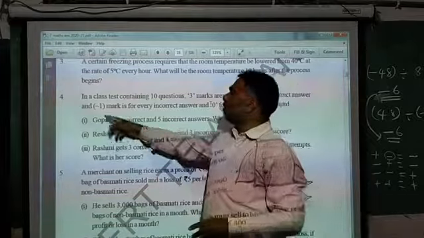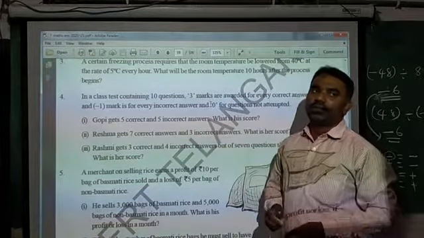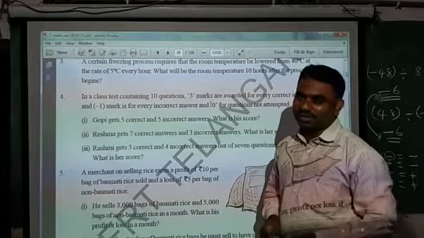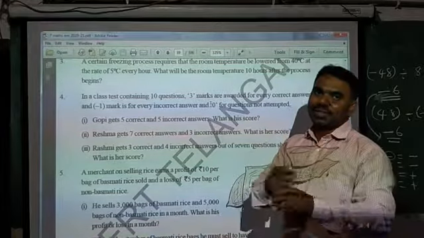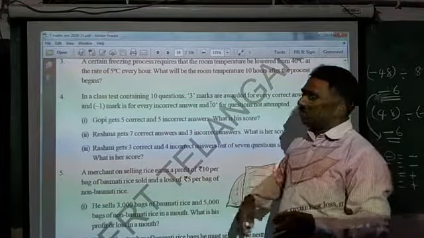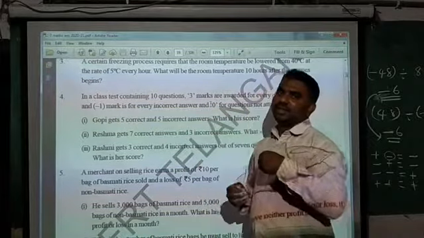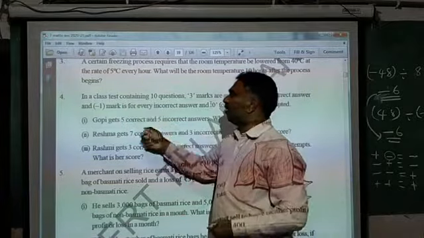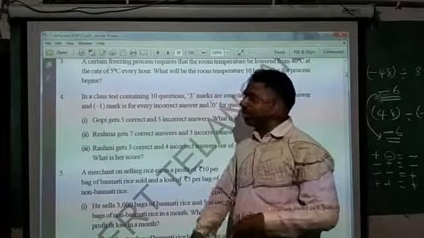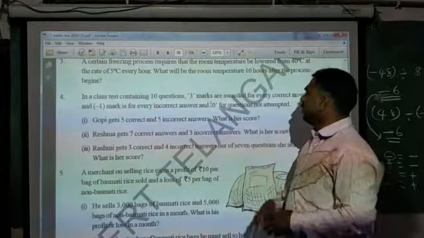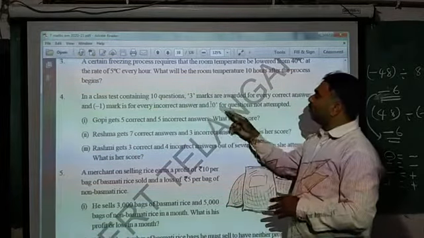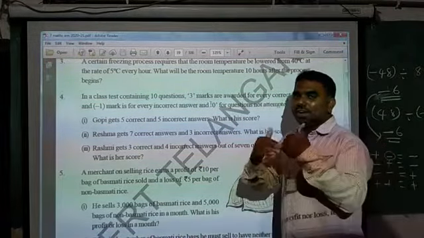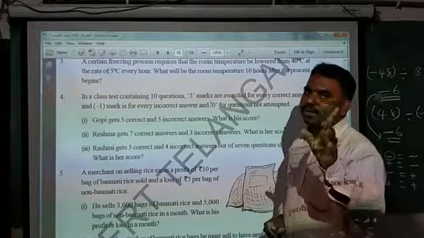And minus 1 mark for every incorrect answer. If you did wrong, what is the teacher going to do? The teacher is giving minus 1 mark for that. You know the meaning of minus 1? Return, reverse. Your marks are going to be taken. Here marks are given, here marks are taken. So you know plus means giving, minus means taking. So if you write the wrong answer, the teacher is going to take 1 mark in reverse, meaning minus 1 mark for every wrong answer. And 0 for questions not attempted. If you don't attempt the question, meaning you didn't write wrong or right, the marks are 0.